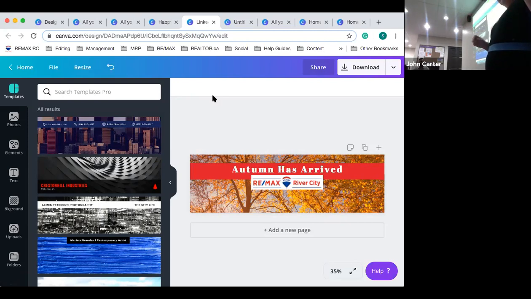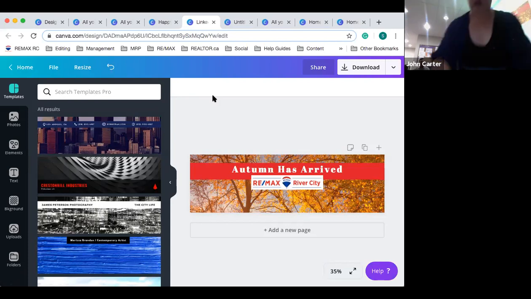And you can, again, brand things. So you would do the design for different elements in your newsletter in here, save them, and then bring them into your MailChimp to finalize. So this fall banner could be the fall banner on your newsletter, and then you can do things from there. Yeah. I'm going to compare this now to